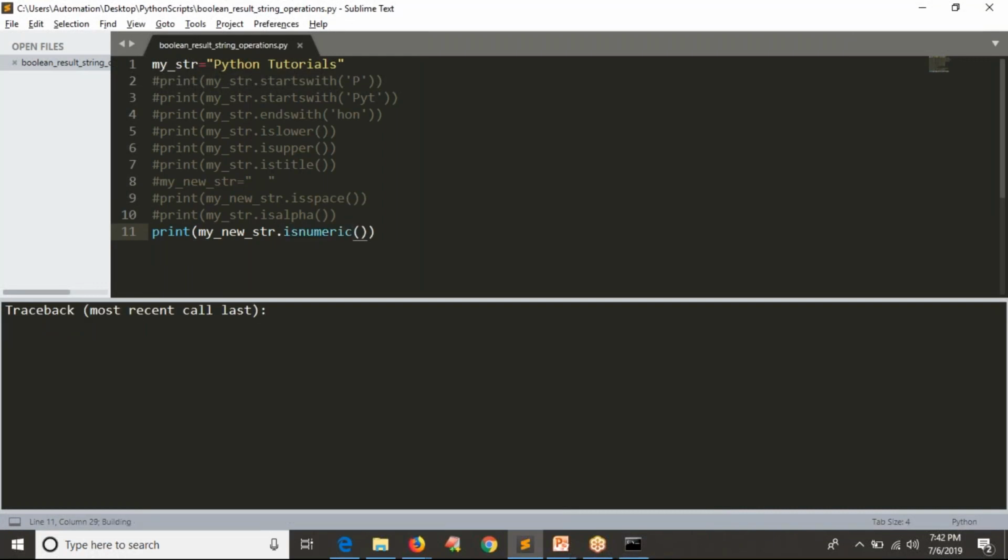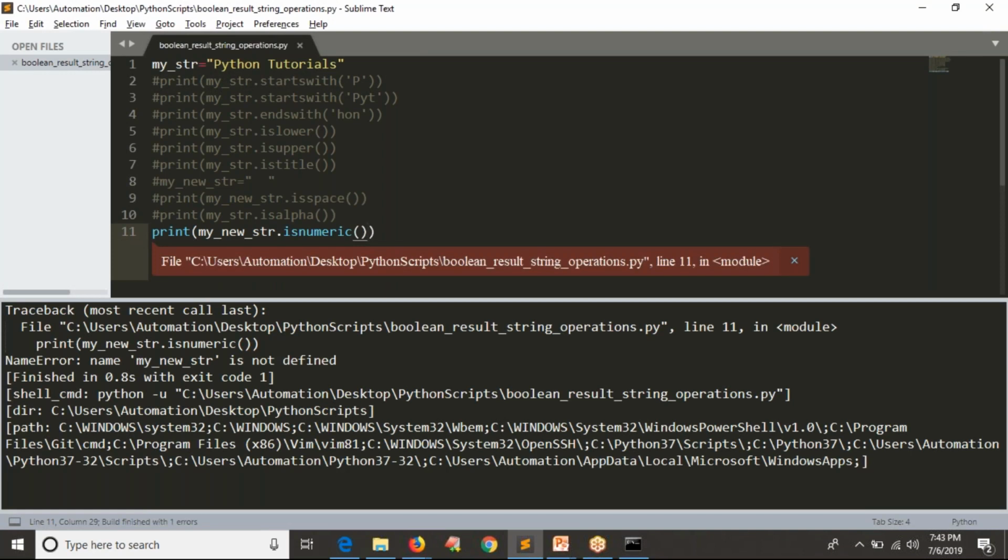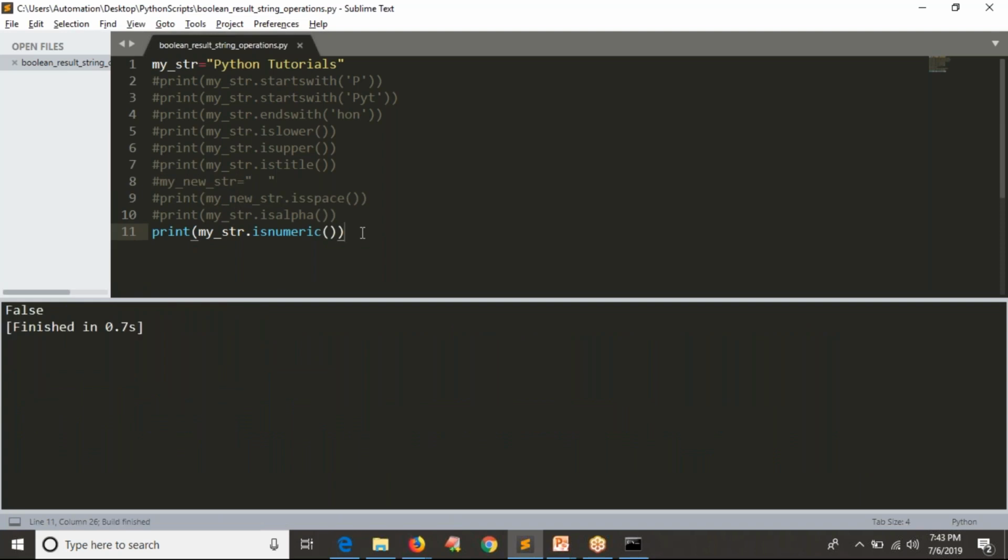What is the output? My new string, sorry, that is commented, no? Let me take my string. See, the error is my new string is not defined because we commented that. That's why Python is unable to identify that variable. Anyway, it's fine. Now see the output, you are getting false. Is numeric. See, our string is not numeric, no? Our string consists of alphabets.